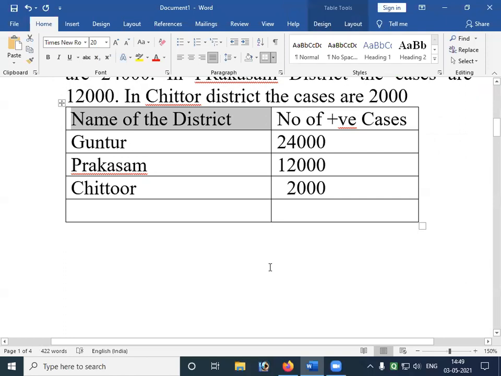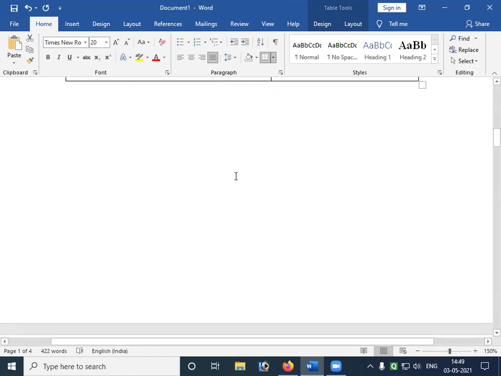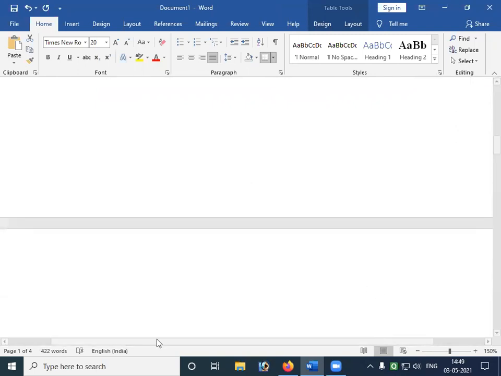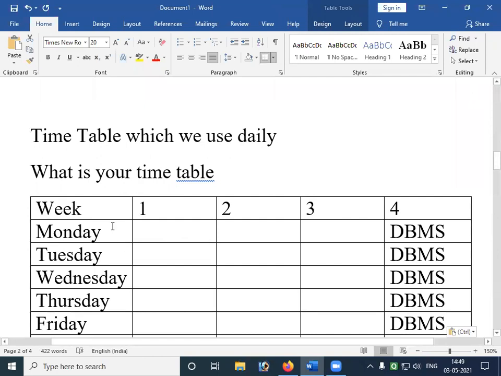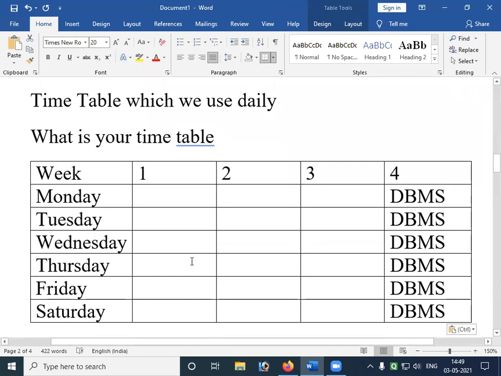Definitely a table view is always better than a story view, my dear friends. Let us see now. I have shown you another example which we are all familiar with, the timetable.